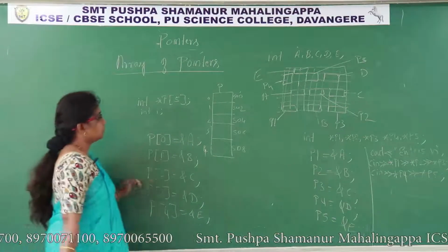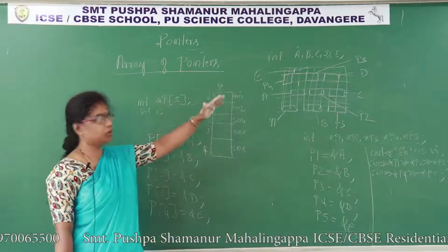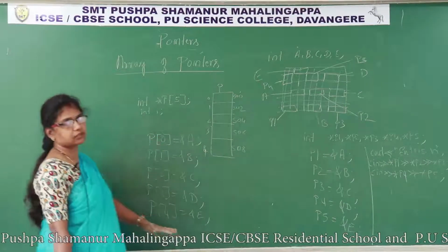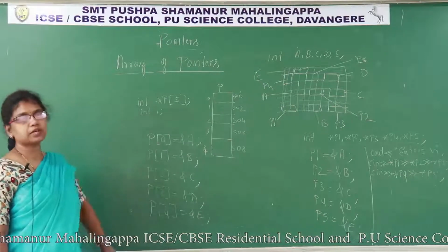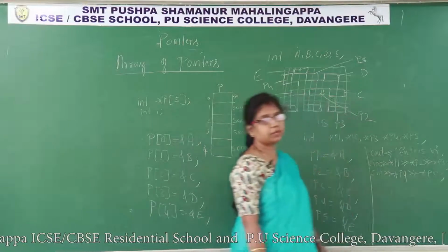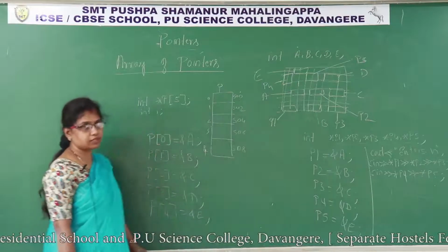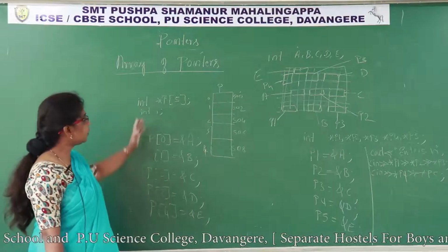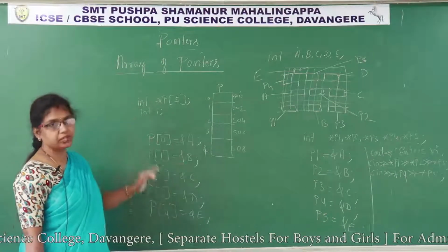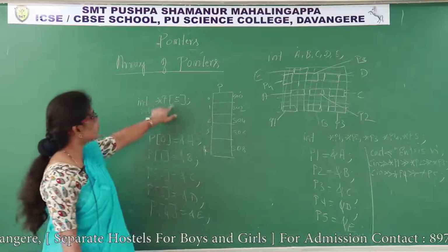So, what is the concept here? We have taken 5 different variables, normal variables, and I want to store these variables' addresses into pointers. To store these 5 addresses, I can take 5 different pointers. But if it were 100 variables, I would have to take 100 pointers. To give a feasible solution for this problem, I can take an array of pointers. Instead of taking different pointers for different variables, I can make use of the array concept. So I have taken an array of pointers here.